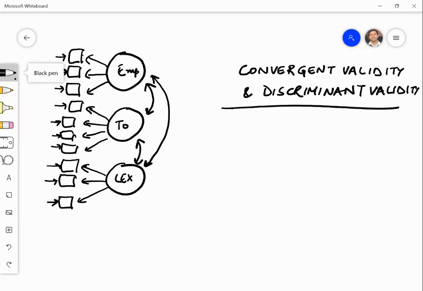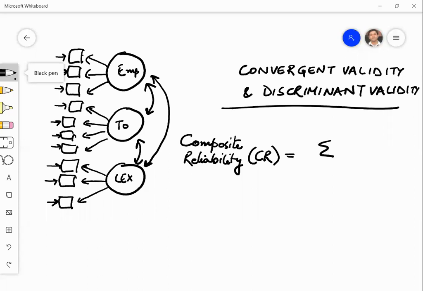In order to compute these, there are 2 indices that are computed. One is called the composite reliability, which is denoted by CR. And the formula for CR is,